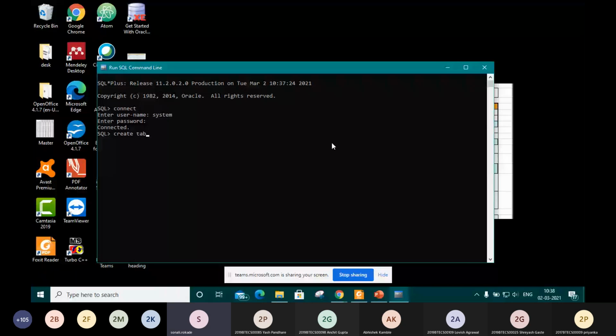So: create table student, suppose PRN with number as the data type, having size 20, then name, with varchar as the data type of that name attribute, then the size of that attribute, and then a semicolon. If you have typed a correct query, you will get a message of table